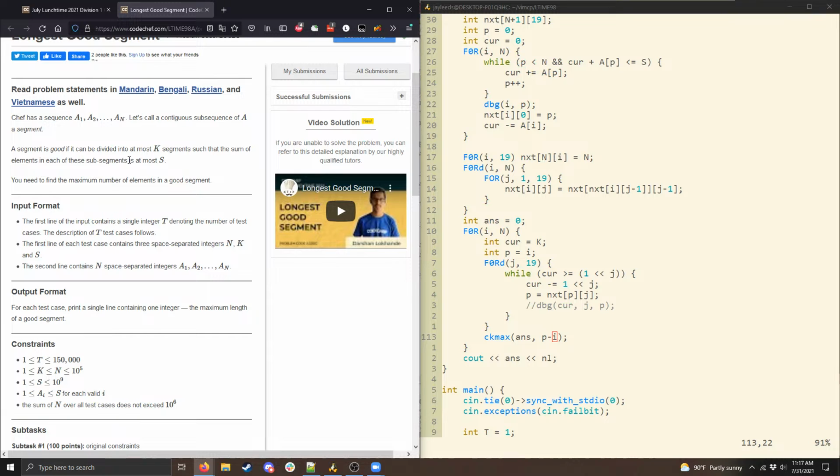And the other way I could see it is iterate over each possible first position and binary search over the second position. But then that would be O of n binary searches, so we would need to write the checker really quickly, and I don't see how you would write that checker in less than O of n. So maybe there is a way to do this, but I'm not coming up with it off the top of my head.